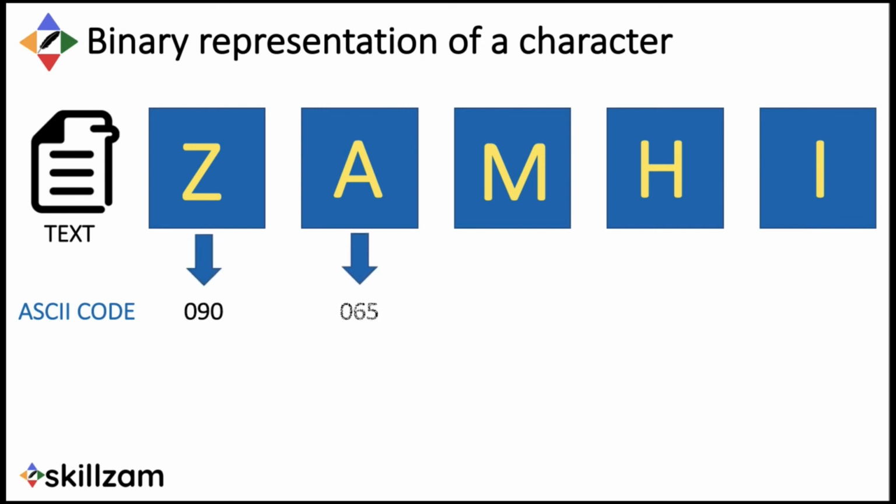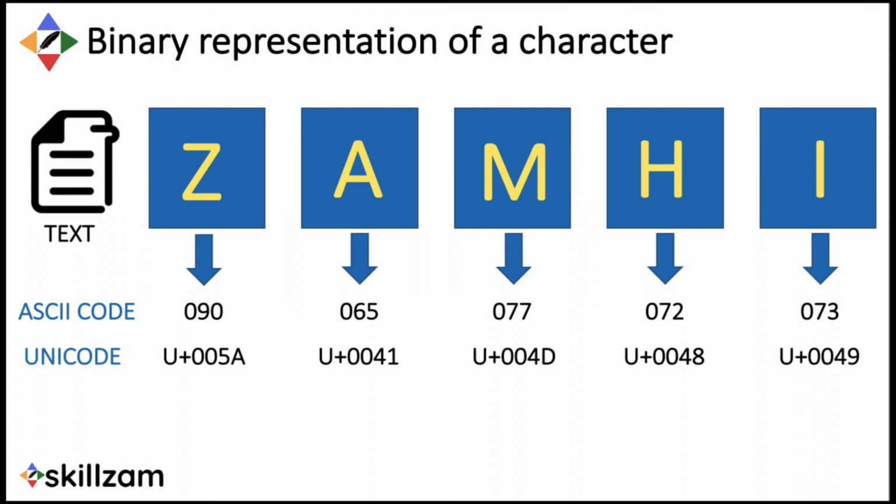The ASCII code of the letter A is 065. The ASCII code of the letter M is 077. Similarly, for the letter H it is 072. For the letter I it is 073. The corresponding Unicode values are, the binary equivalent of the letters are,